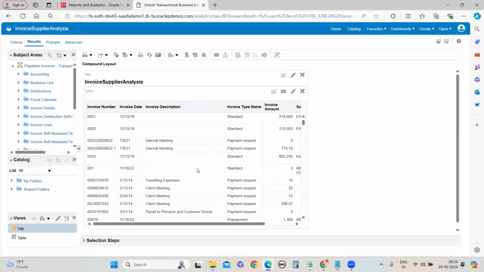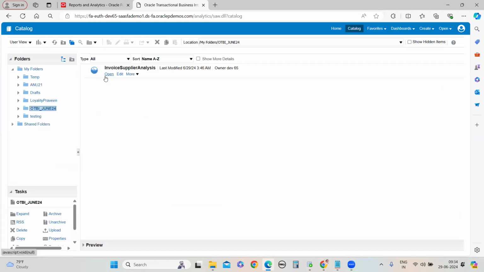So go to the results. Now data is coming, right? That's fine. I'm not asking how to view the data. Yeah. So click on results, it will come. This is one way to see the data. Another way is go to the catalog, and click on open. Open means the options will not come directly, it will give the output